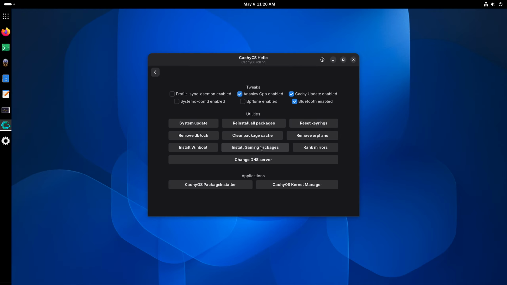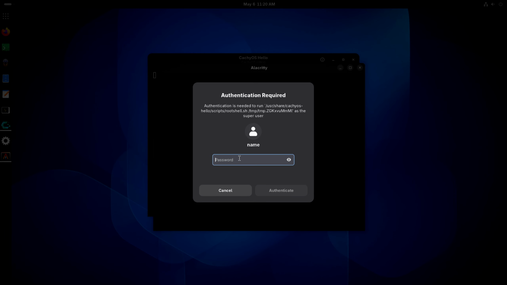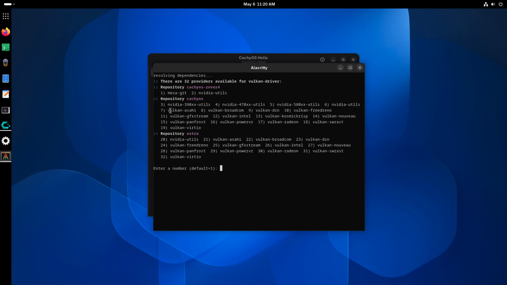And this is definitely something that you want to do because this is going to install Steam, Heroic Game Launcher, Lutris, Wine, etc. So it's going to install quite a bit of things that we actually want installed on the system. And so when you do that, again, you're making changes to your system, so it's asking for your administrator password, and then it says here that this is all the things that we are going to install, based on what is on your system,